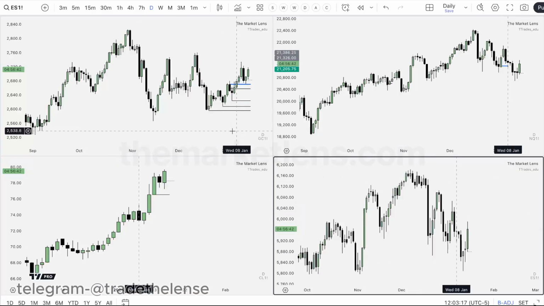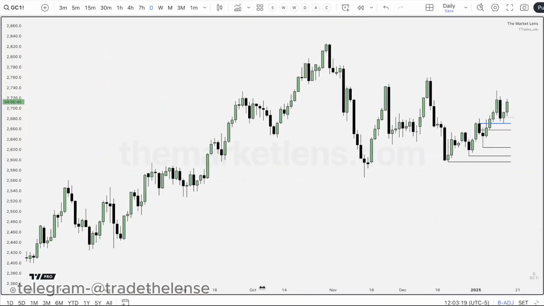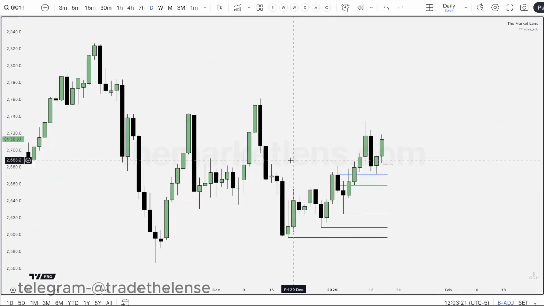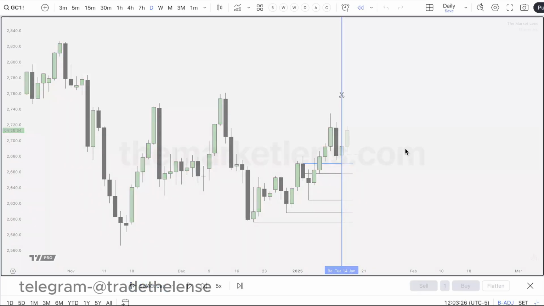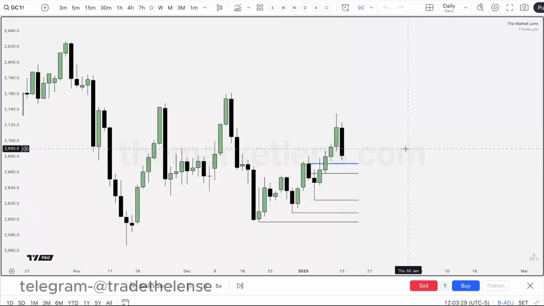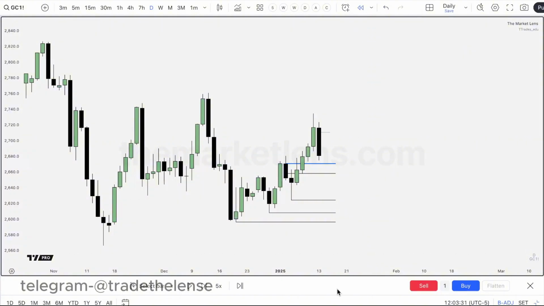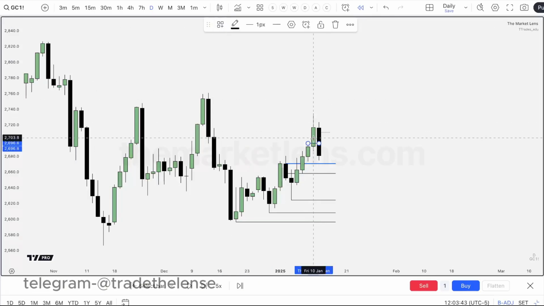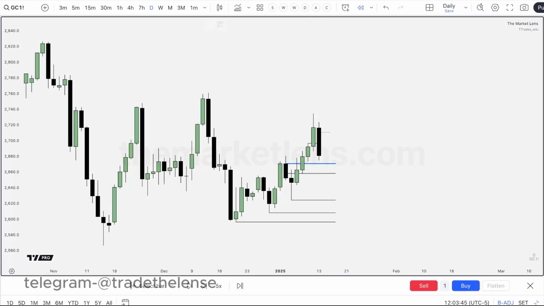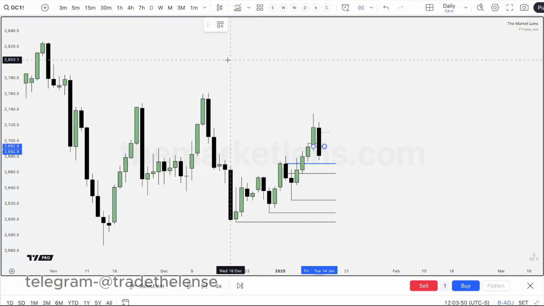But going into, we'll start with gold and talk about my mindset going into this. Go ahead and replay this. We have a candle 3 closure. And so why is it a candle 3 closure? Well, if you take a look, we have candle 2 closing outside candle 1. So it is not a candle 3 closure unless we go and close below the body of candle 2, then that is a candle 3 closure.